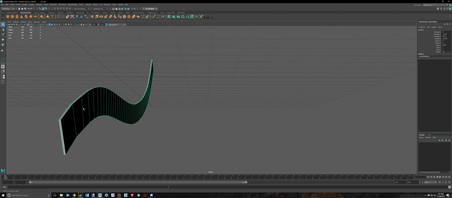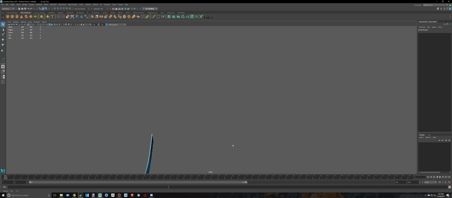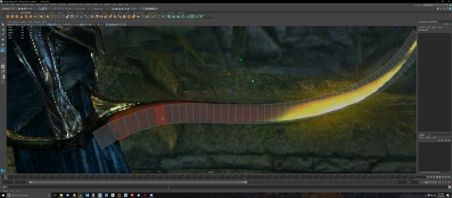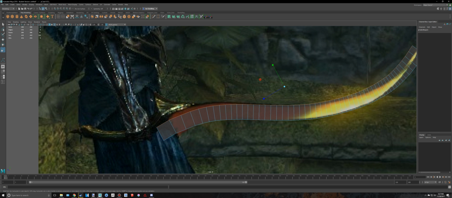And we can select the top. So I'm going to select the first one, and then go all the way up, and then Shift double click that one, and then press F to focus. We can just scale that out a little bit. Okay. So now we've basically created that, and now we need to create the handle,